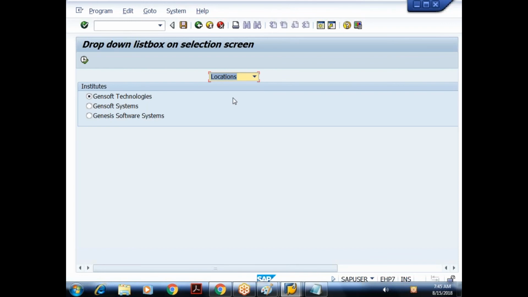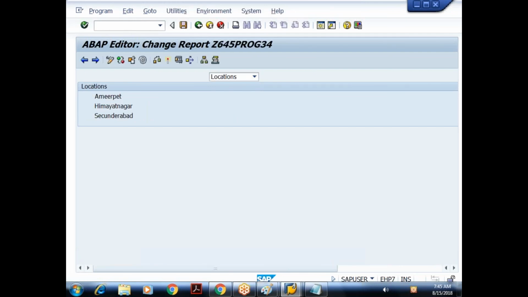Actually, I should not have to press enter. The moment I select, it should change, so that I'll address in the next class. I'll press enter. Yes, locations is made visible. I'll choose courses, press enter. Yes, courses is made visible. I'll choose locations again, press enter. Yes, the appropriate block got visible.